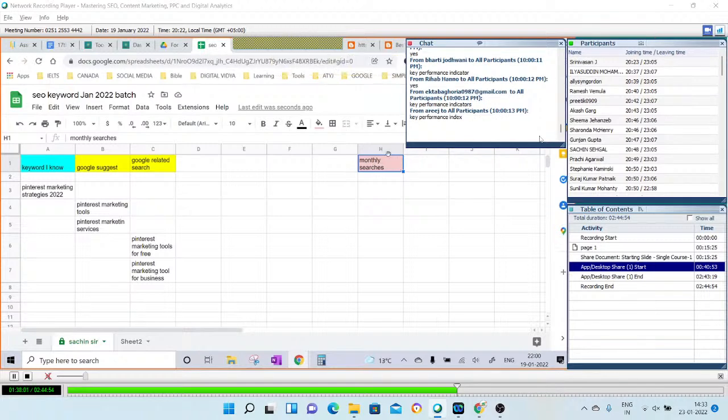The very first data which you are going to check is how many monthly searches there have been for this keyword, for this keyword, for this keyword. So if I write all the keywords one after another, suppose for Pinterest marketing, there have been 10K searches, just one example. Now the chance comes that I have to write for the Pinterest marketing tool.